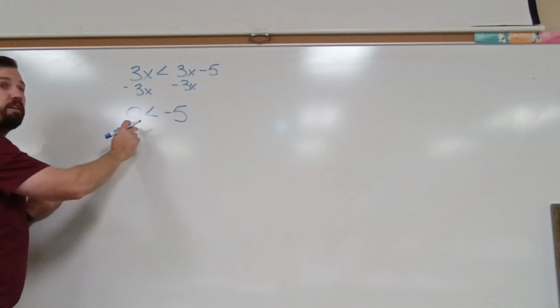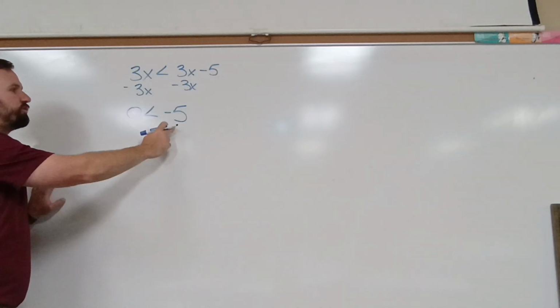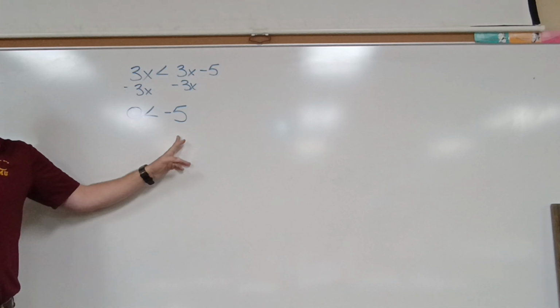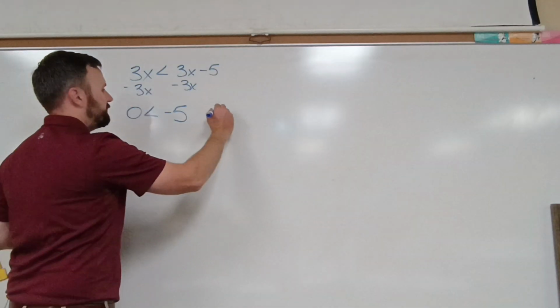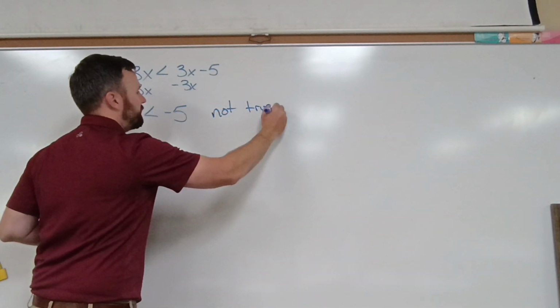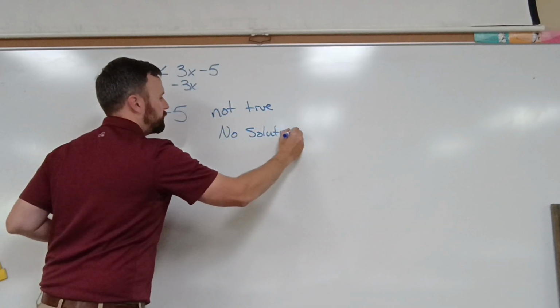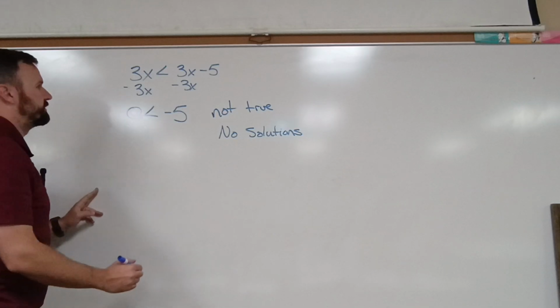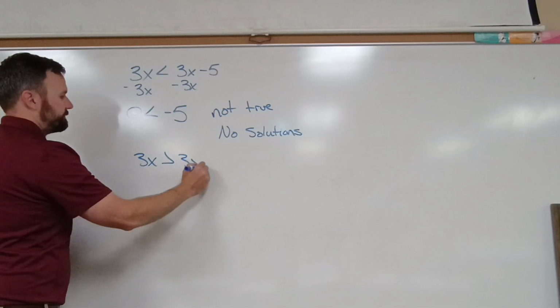Same thing as with equalities. If there's an equal, is this true? Is 0 less than negative 5? No, 0 is bigger, right? I'd rather have $0 than $5 negative, right? So this is not true. If it's not true, I have no solutions. Okay? So the same thing is true with these as it is with equalities. If I lose my x and it's not true, there's no solutions. If I would have made the equation the opposite,